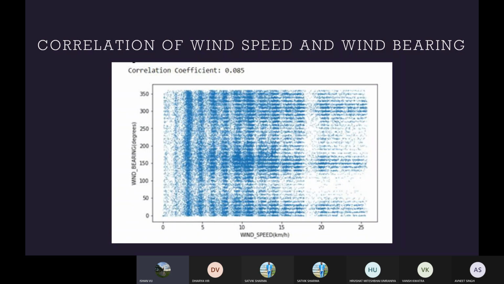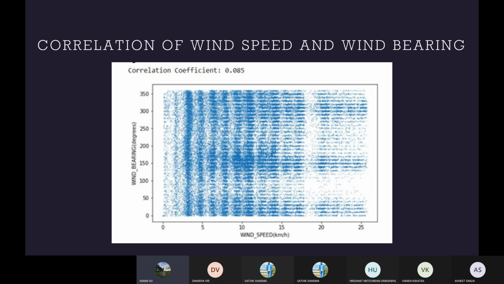The relationship between wind speed and wind bearing was explored in this slide, and it was visualized using graphs. It is assumed that wind speed may have some relationship with wind bearing, which is the direction of the wind. The above graph is the scatter plot for wind speed and wind bearing values. And the Pearson coefficient for these variables was found to be